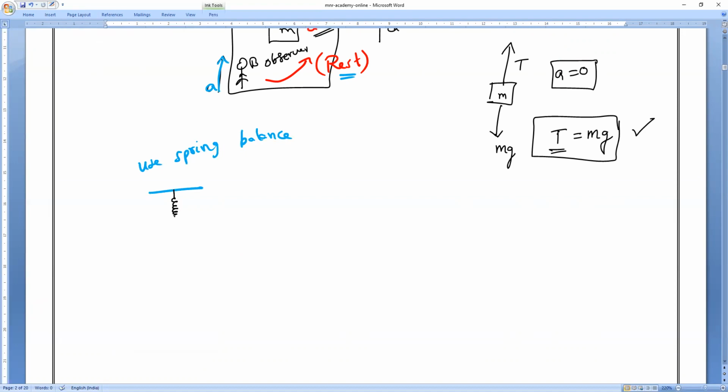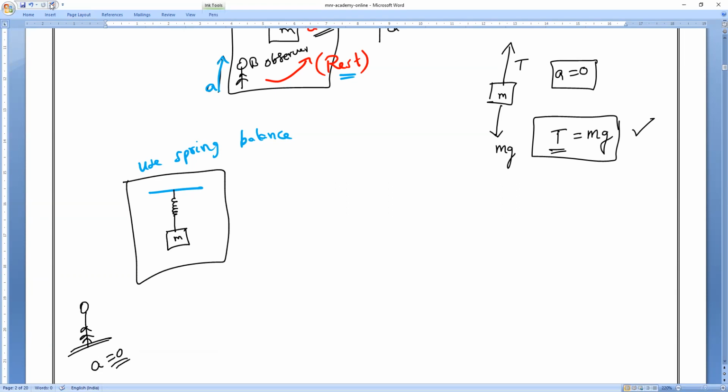So now if I use the spring, as we know, there is a lift. Inside it, and the observer is outside or inside? The observer is outside. So observer is outside means what is his acceleration? Everybody, 0. Acceleration is 0 and the lift is going in the upward direction. So in this case, the spring force is equal to the tension. So T is equal to the spring balance reading. How much will it show, everybody?